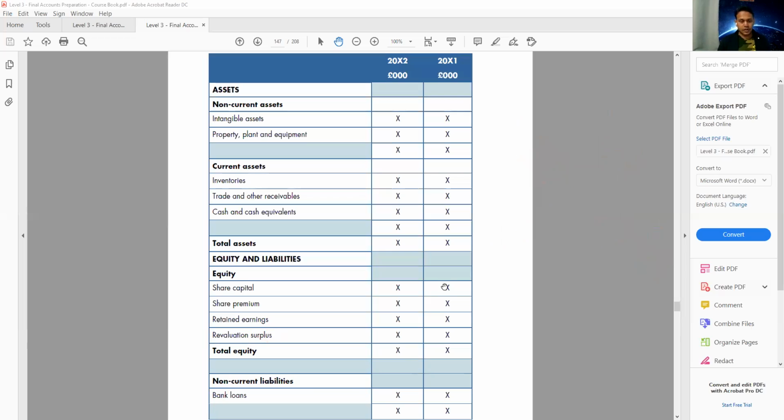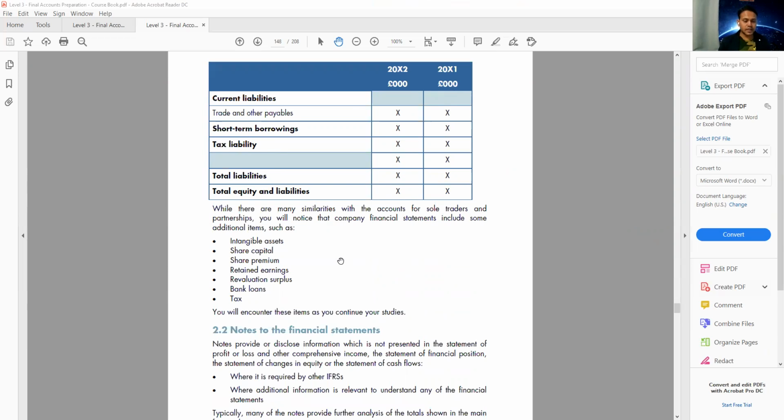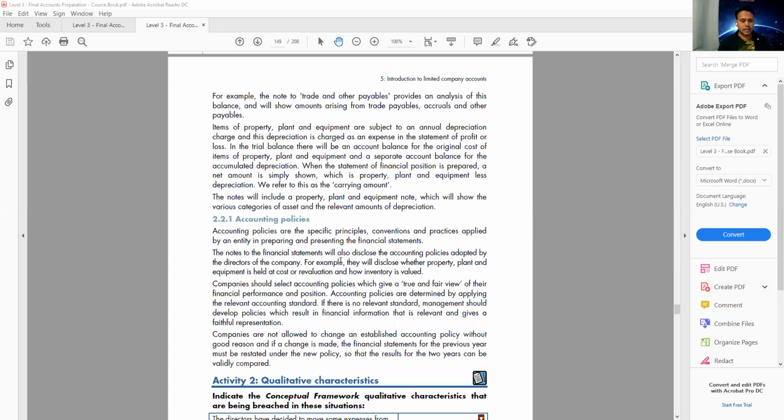Let's move on to the next one. We have the current liabilities, trade payables, that means credit supplier, you know it. Short-term borrowing, you know this, all of this. I think this is it. Let's move on to the next